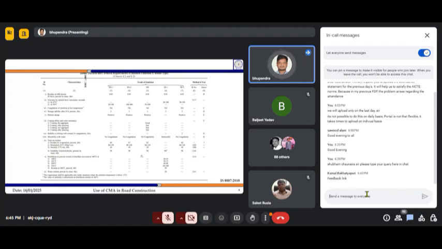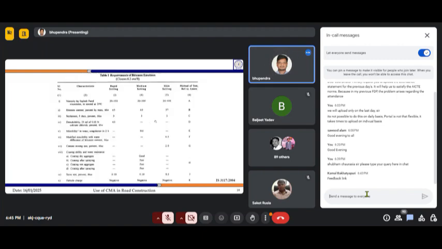So solubility should come to 98%, meaning 98% of your bitumen should get soluble in trichloroethylene. Then the distillation process we check at different temperatures, and then the water content also we check for this. So these are the tests which are conducted to grade our bitumen and to check their different properties, okay, for quality control purposes.